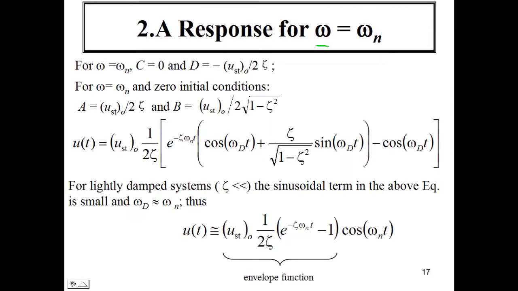Response for omega equals omega n, where omega is the forcing frequency and omega n is the natural circular frequency. For omega equals omega n, C equals 0 and D equals. For omega equals omega n and 0 initial conditions, A and B can be expressed as follows. The total displacement becomes,